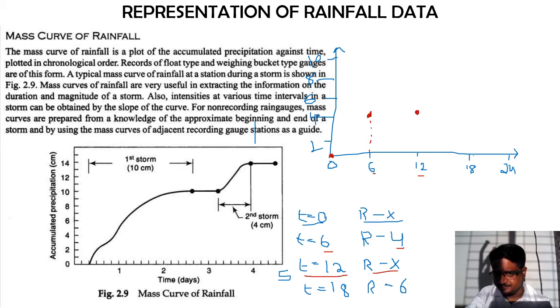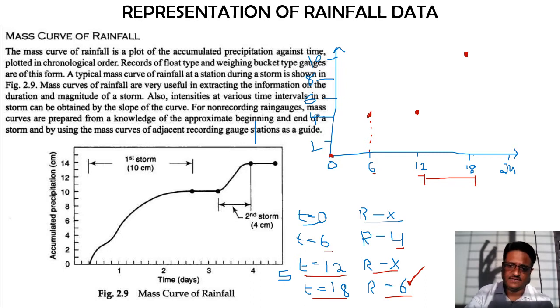Okay, so it is going to be 4 mm only. Now for 18 hours, from 12 to 18 hours, the amount of rainfall that has occurred is 6 mm. So already 4 mm is there. Then for 18 hours cumulative, I am going to get 10 mm. I hope you got this. For 12 to 18 hours, the rainfall occurred is 6 mm. So that's why 4, which is already previously there, and the 6 which has occurred between 12 to 18 hours. So then totally I have 10 mm of rainfall data.